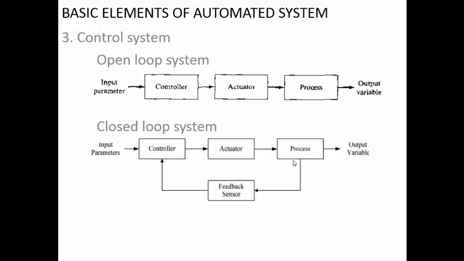So between the open loop and the closed loop system, the controller is more complex in the closed loop system because it has to do a lot of computations apart from the normal functioning that is required in the open loop system. And closed loop systems will be more accurate because you are measuring the output and you are making the required corrections. So closed loop control systems will provide better accuracy.